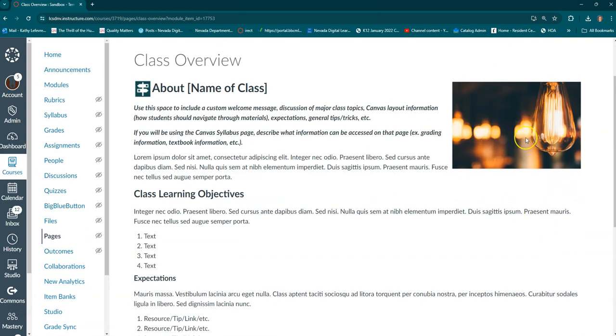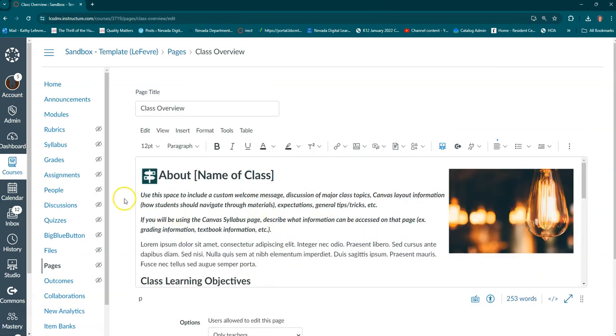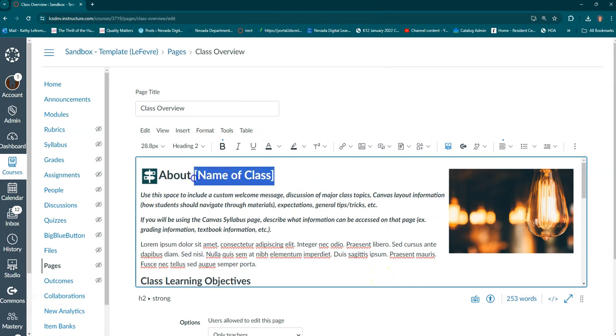That's a template that you would need to fill in. If you don't want this image here, some people would put an image of themselves, or they would put like a science image or a social studies image or something, or you can just remove it. You don't really need to have that. But then you would go in and you would edit this page. So this is directions for you. All of that needs to be deleted. And you need to just put, and in here you'd put the name of your class. And if it's about chemistry,